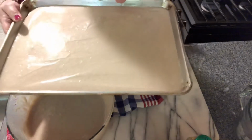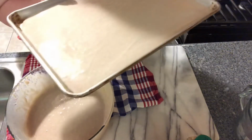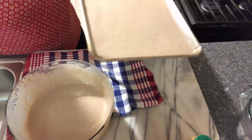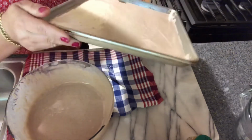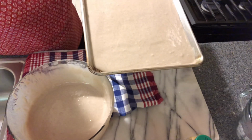So our batter is ready. We're going to put it in for 20 minutes in our preheated oven at 350, and just use a toothpick. Once it's done, you leave it to cool off, then you pour your apricot